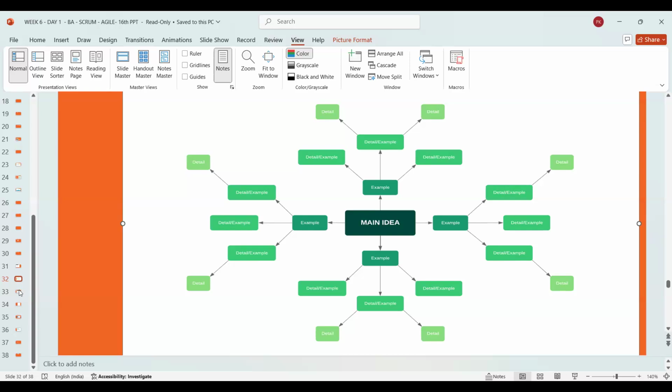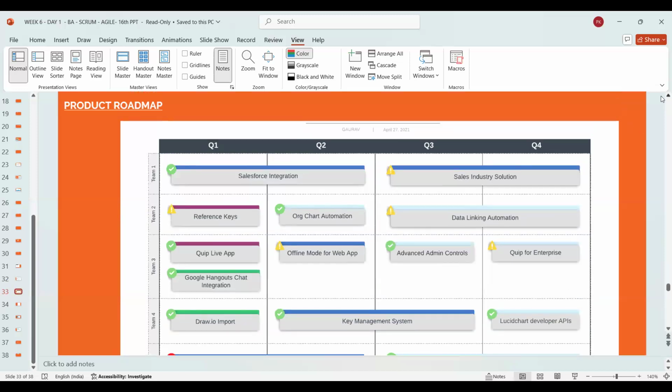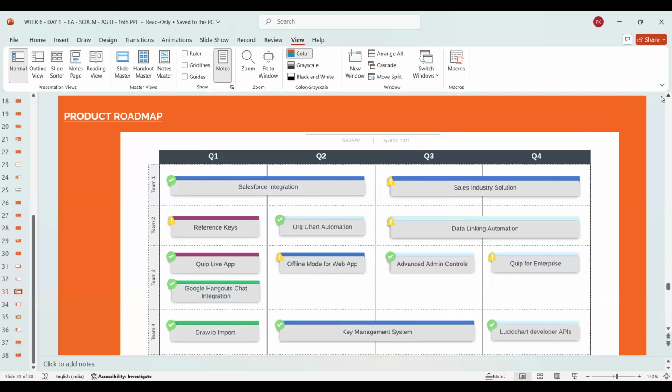So can we move to the next one? Yes. Okay, thank you. So Gaurav, would you like to take it from here? Are you there? Yes, Prerna, I would like to take it from here. Am I audible? Yes, you are audible. Should I give you control? Yes, please give it to me. Okay.